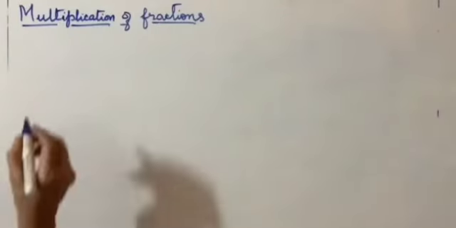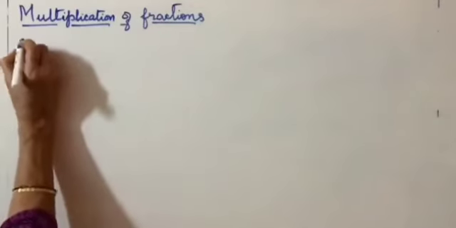Now, in fractions multiplication, there are different forms. One will be multiplying whole number into fraction. Then you have multiplication of fraction into fraction. Now let's see what the method is. But before that, let me write this. You're going to learn now the product of a fraction and a whole number.